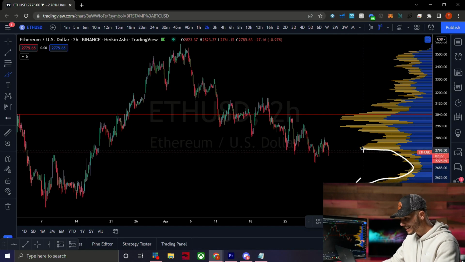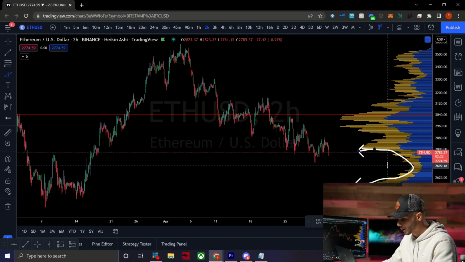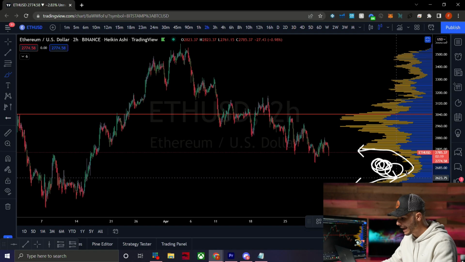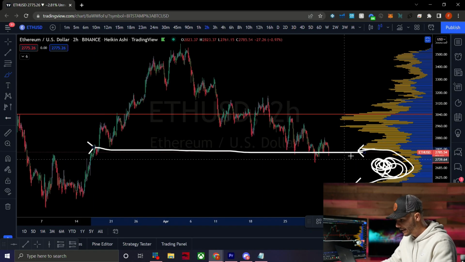Now, you'll notice that this also correlates with something. So you have this gap right here. We'll just call this a gap, right? It's just a big empty void. Now, if we connect a line going all the way over here, and then we circle, and we come over